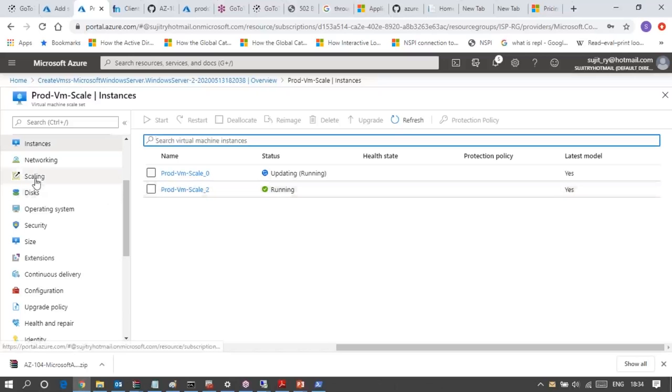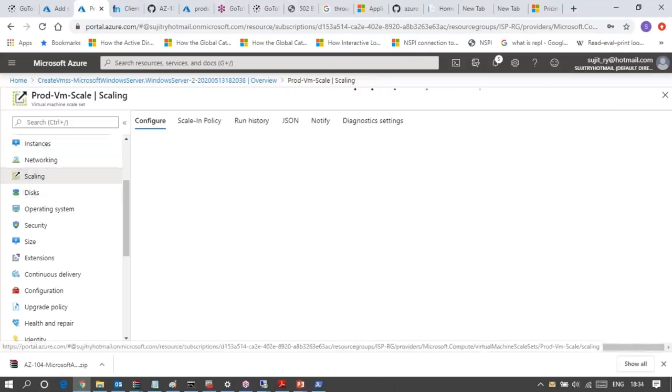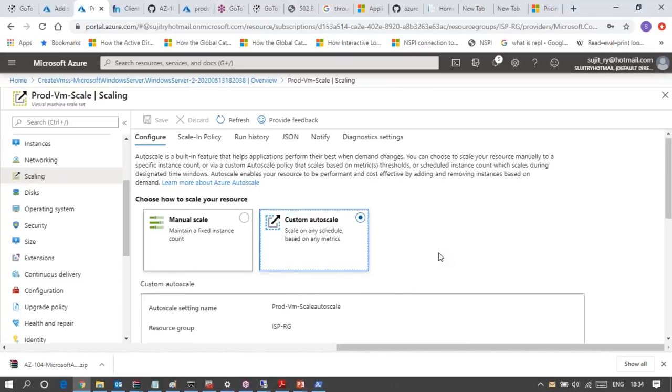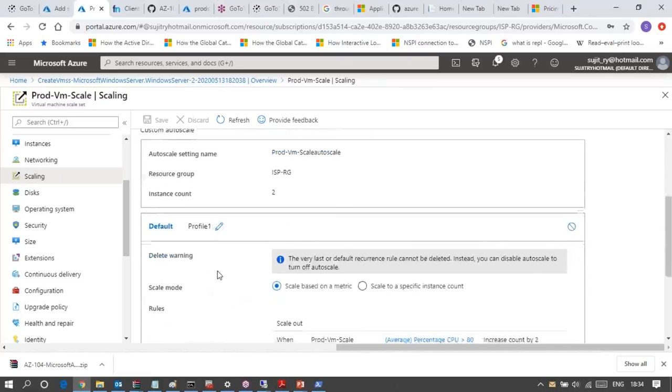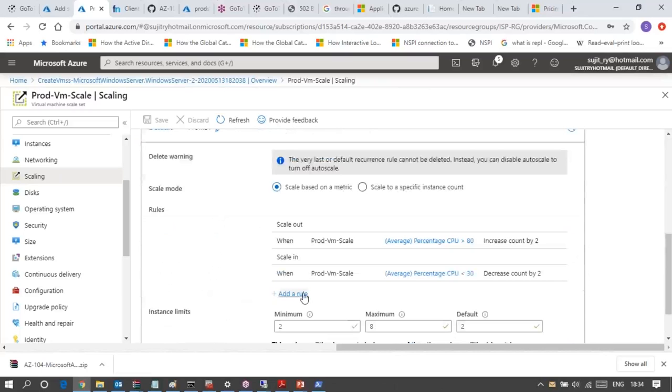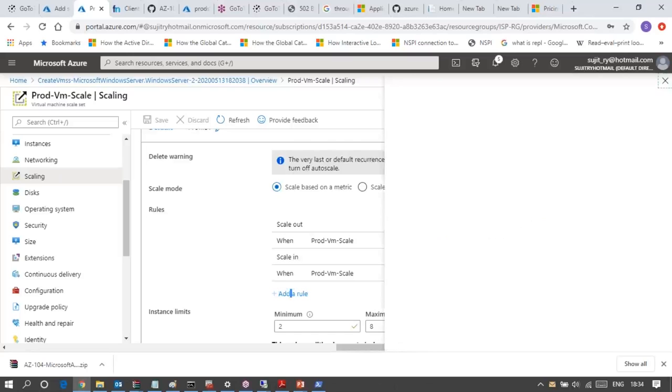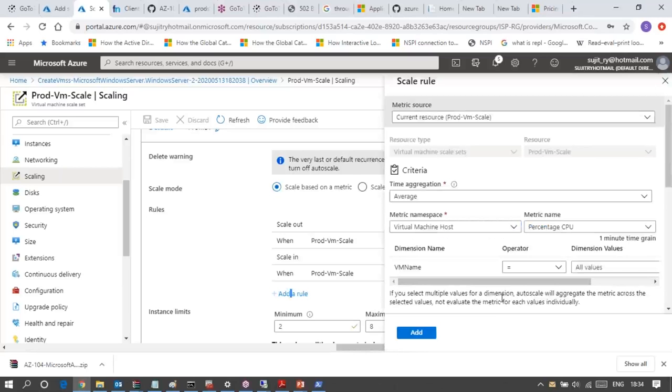And there is a scaling rule. Earlier I was just using the CPU threshold value, but if you want, you can add your own extra rules also. When you open add rules, you will have other metrics also, like disk read and write, RAM utilization and all those things.